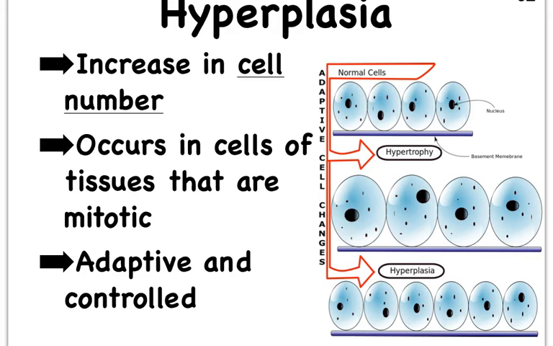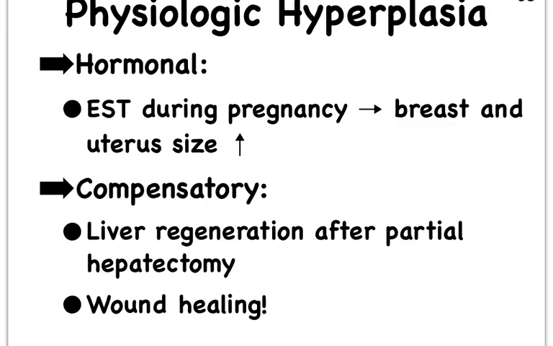The other thing to keep in mind is, in order for cells to be able to make more of themselves, they have to be able to go through mitotic divisions. Now, skeletal muscles cannot do that, heart muscle cells cannot do that, and neither can neurons. So that leaves other cells that have the capability of doing this. So in the case of physiologic hyperplasia, we again see that we have hormones that can trigger hyperplasia, as you see in a woman who becomes pregnant, right? Her breasts increase, her uterus increases due to the changes in hormones.